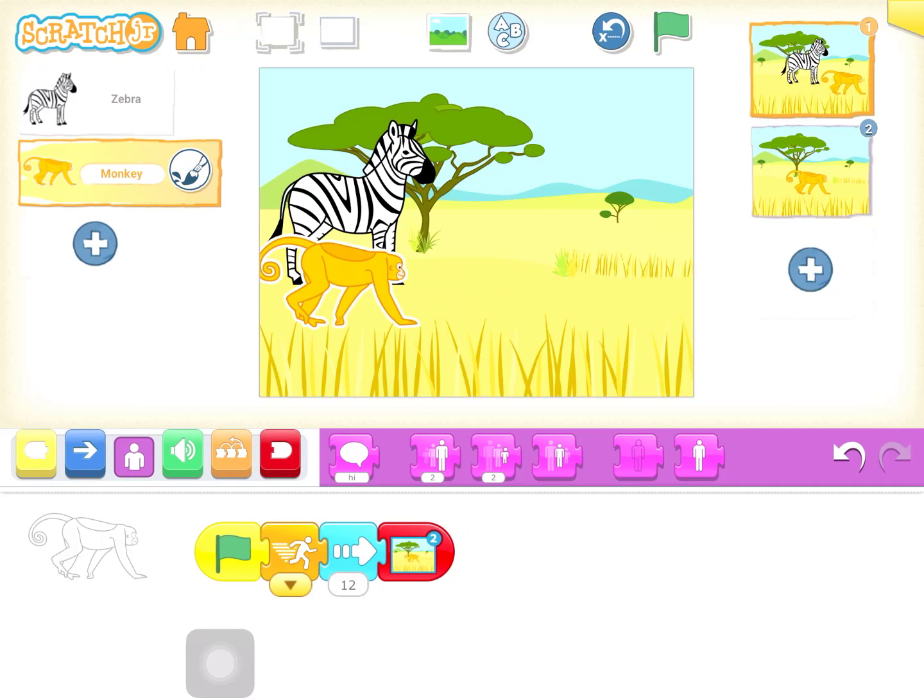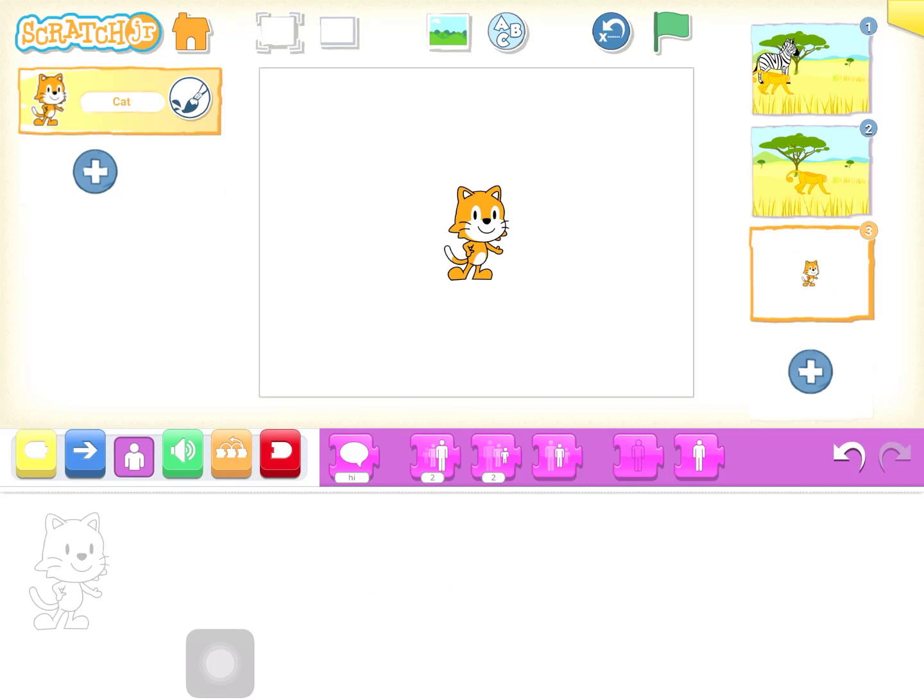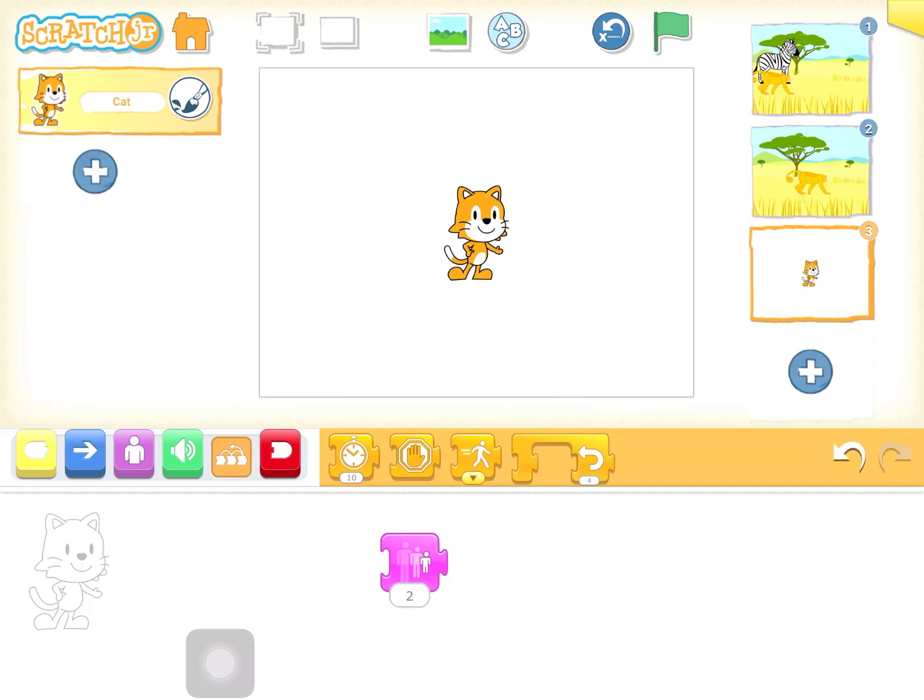Okay, so this is how we use the speed block to do stuff. But there are other things we can do with the speed block, not just make them race. So let's add another page just for learning, and see, I have this cat, and if I want to make it shrink, let's say this is the shrink block. What we can do is take this set speed block and change it to slow. And when I tap on this, it is shrinking slowly.